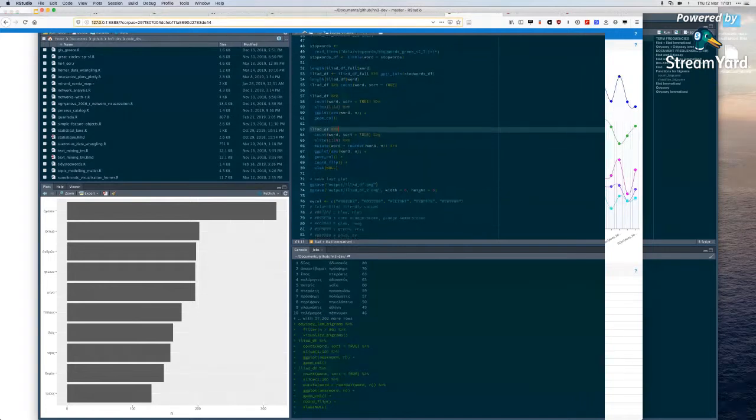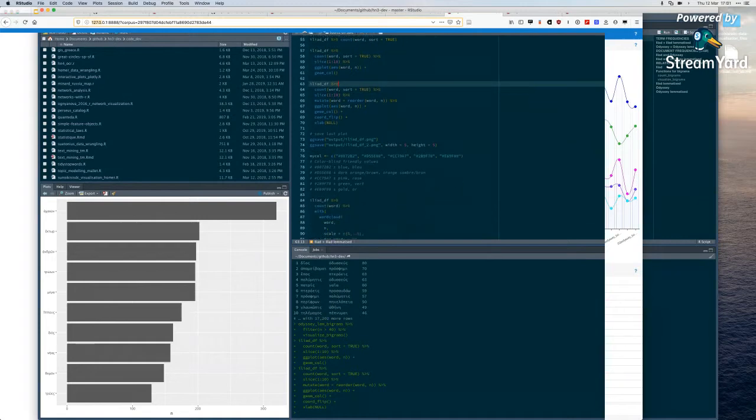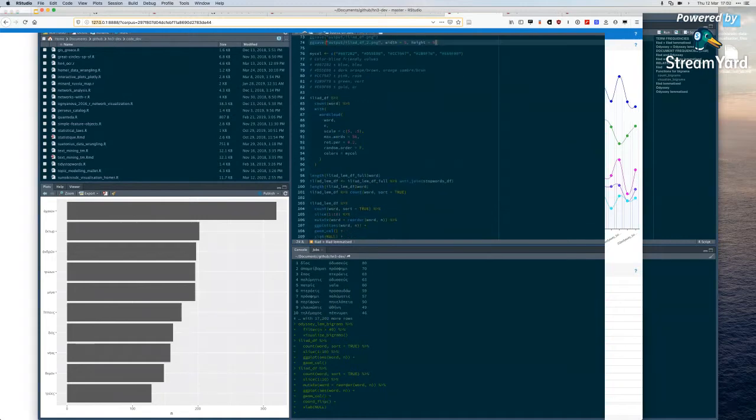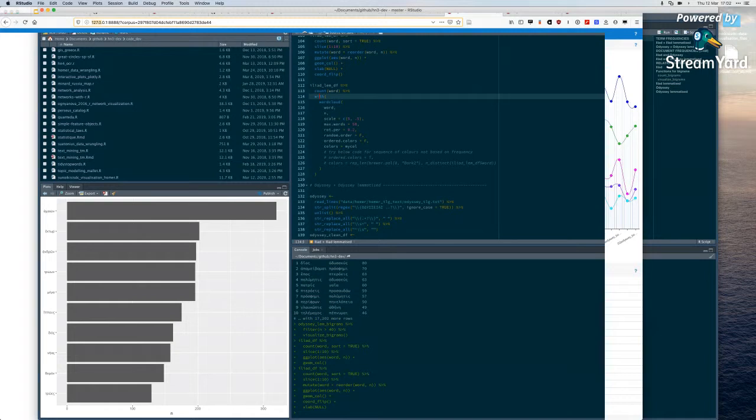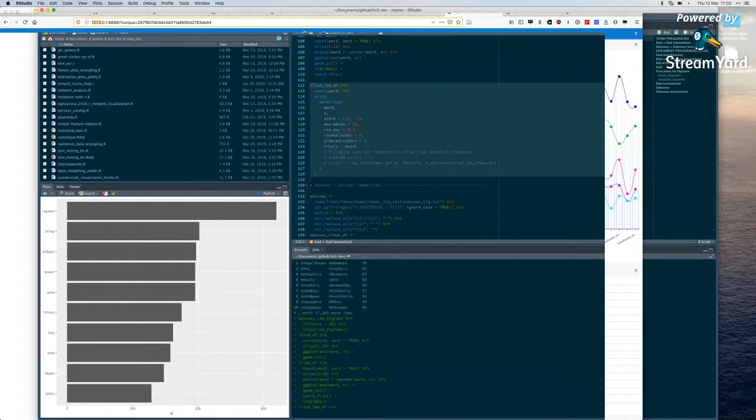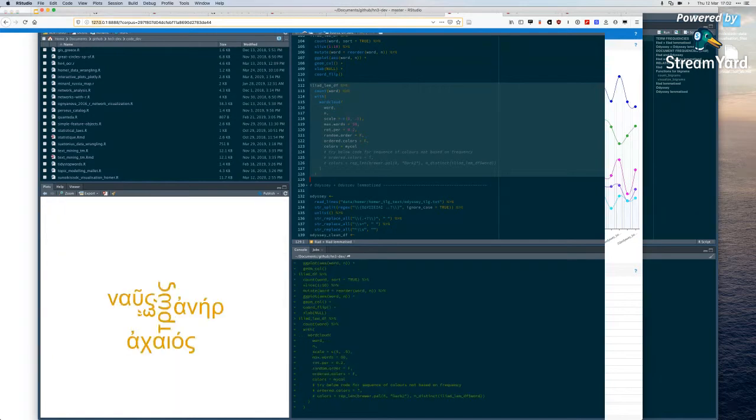So that works for a bar plot, and you can obviously save files. You can do that in Voyant as well. I'm not repeating that with the lemmatized versions, but you see that you have all the kinds of toys you want, like